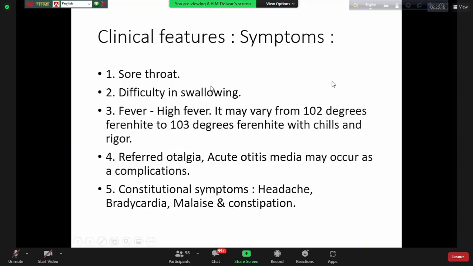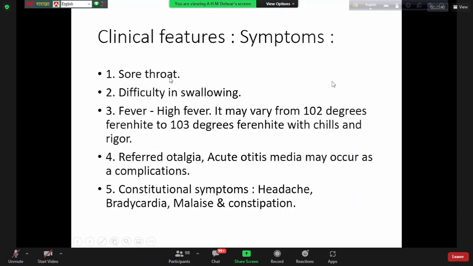You listen to the complaint of the patient. What are the chief complaints? When you write the history, then you should know about the symptoms of the tonsil. What is the first thing? Sore throat. Sore throat is a common term, but what is important is the painful condition